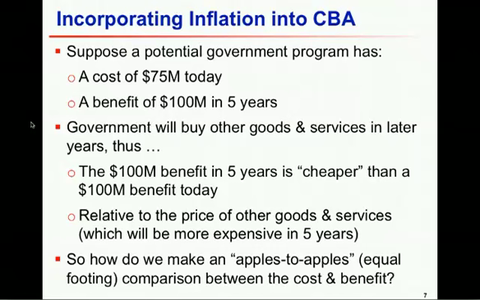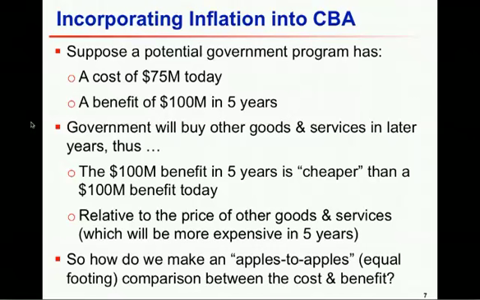And so the way to think about this is, look, in 5 years, the government will be buying other goods and services. When we think about the government's ability to buy goods and services 5 years from now, the $100 million benefit in 5 years is in some sense worth less than a $100 million benefit today, because prices will be higher due to inflation, right? Relative to the price of other goods and services, which will be more expensive,